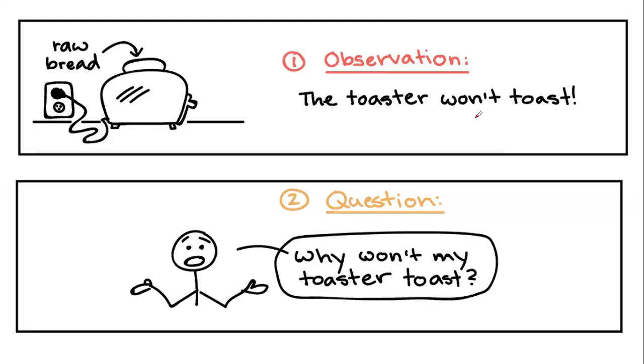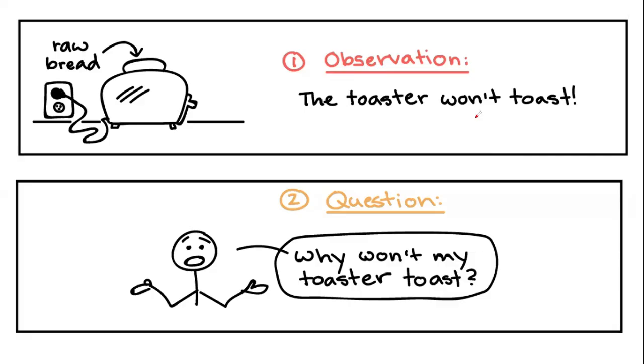So you've made the observation that the toaster is not toasting the bread, right? Then the second thing that you do is ask, why won't this toaster toast my bread? That's the question, okay? And then from this question, you come up with a hypothesis. A hypothesis is just an explanation for why this toaster is not toasting the